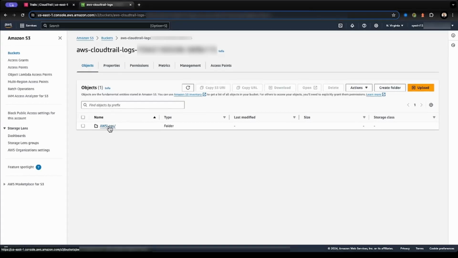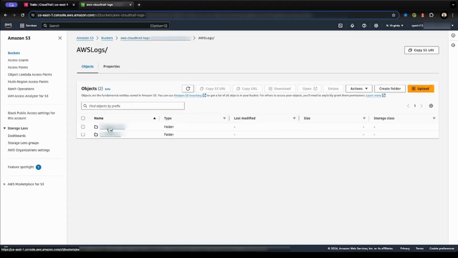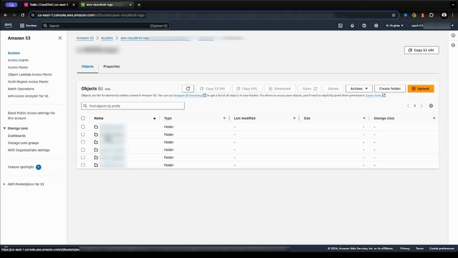There is an AWS logs folder within the bucket, and then within this folder, you are seeing two folders. This is for an organizational trail. You are going to see this is our organization ID. So if you click on this, under the organization ID folder, you are going to have a folder specific to each account under this organization. If we go to this account, which is the management account,